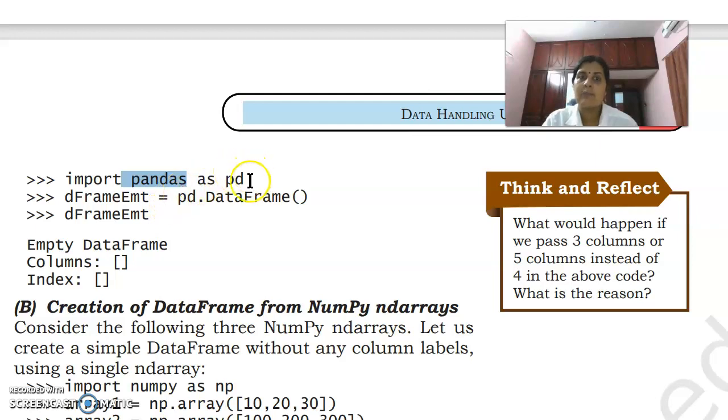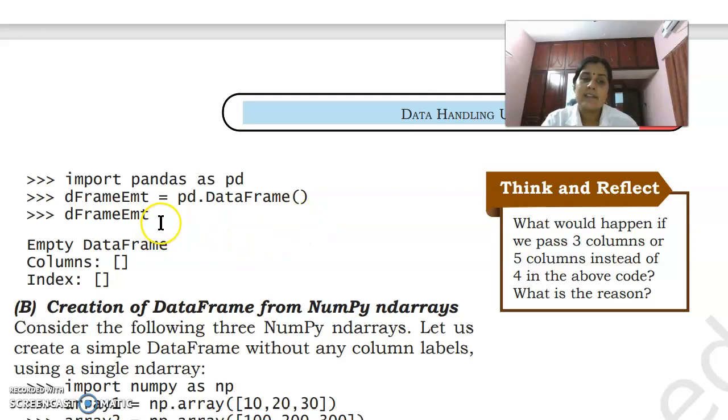pd.DataFrame means pd is the pandas object, and DataFrame is a class, or it's known as the constructor. We already told in series that the name of the constructor is the same as the name of the class. That means in series we used pd.Series. Here we are using pd.DataFrame.